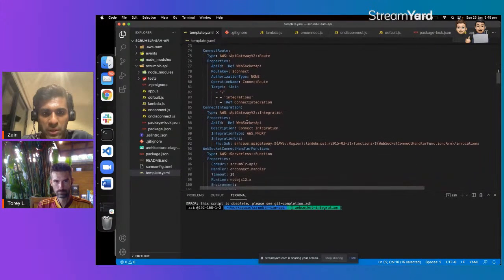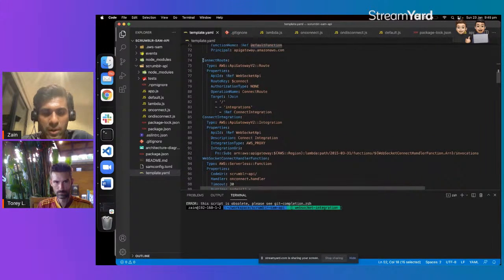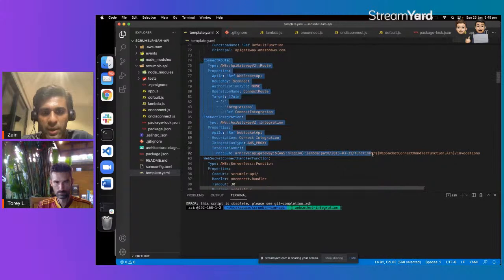I would need these connect route and connect integration.